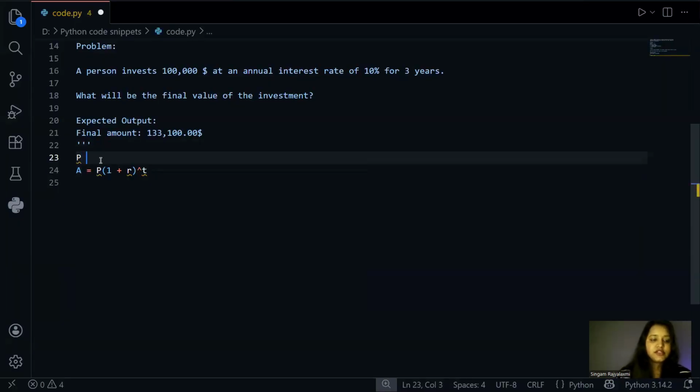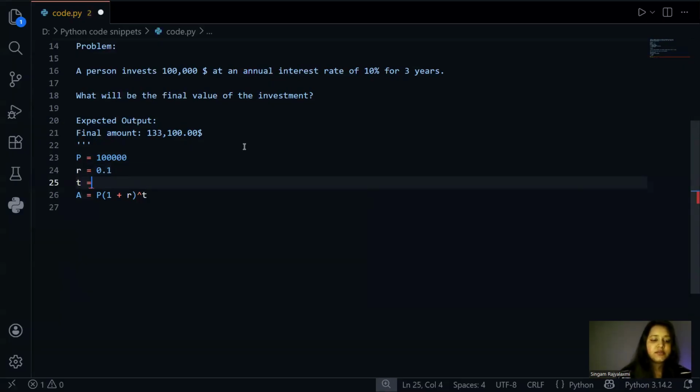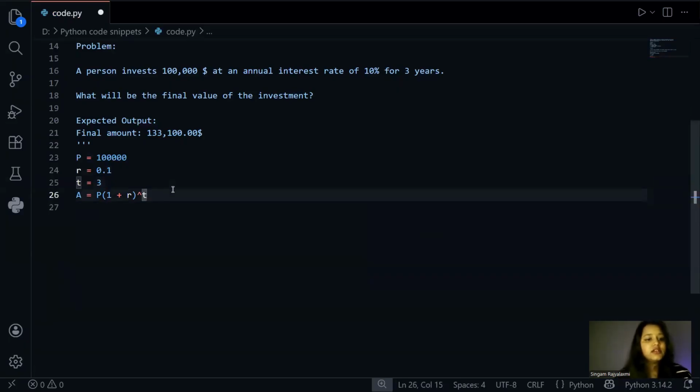So first, the principal amount is 100,000. And the annual rate, which is nothing but R according to the formula, is 10%. That means 10 by 100, which is nothing but 0.1. So 0.1. And the time is nothing but T according to the formula, and it's 3 years, right? So